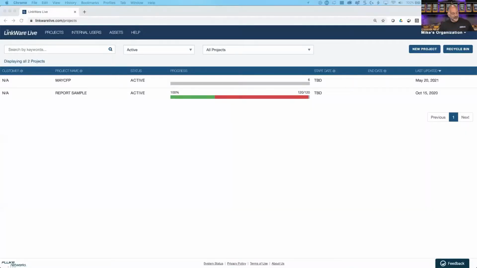In this case, I'm going to come in and share LinkWare Live. Now, there's a couple of different ways to get the test results off of the tester. In this case, we're going to start by taking a look at LinkWare Live. I did a few quick starts this morning, and we covered doing copper testing. We covered doing fiber testing. And we showed how we can come in here to LinkWare Live, set up the project. We can then go out to the tester and pull that project down, run the tests, and upload the test